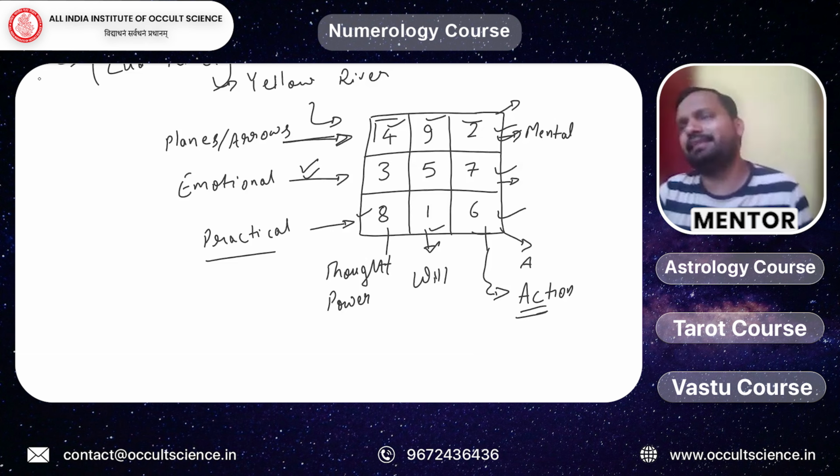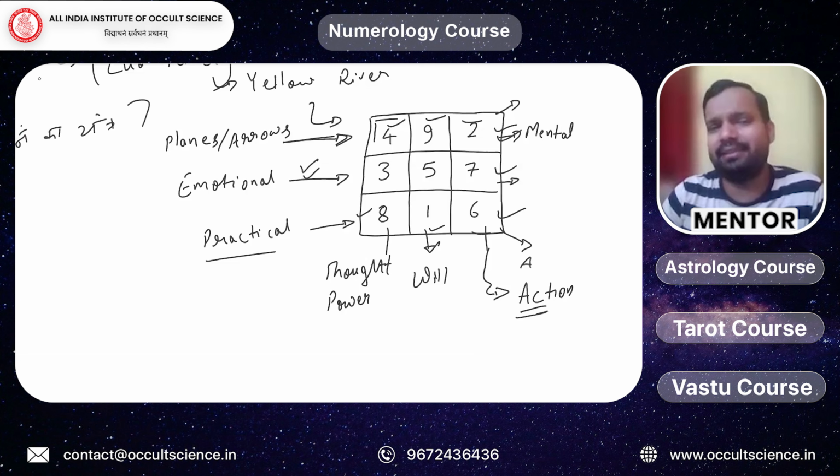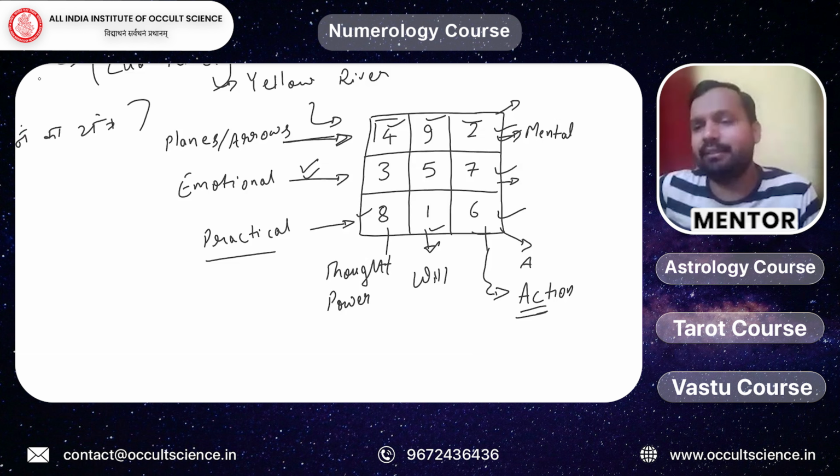In some of the ancient Hindi books I am seeing, when it was written, it was not called Loshu Grid. It was called 15 number ka yantra. It is not relevant today because everybody knows it by the name of Loshu Grid. But if by chance you ever come across it being called 15 number ka yantra,